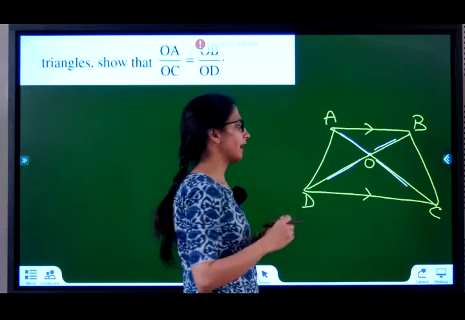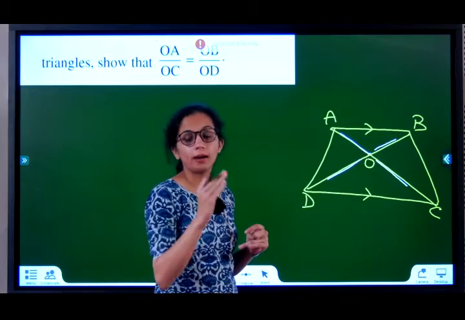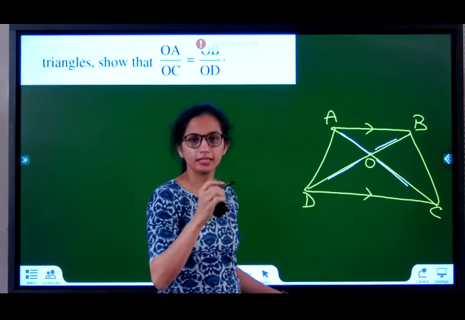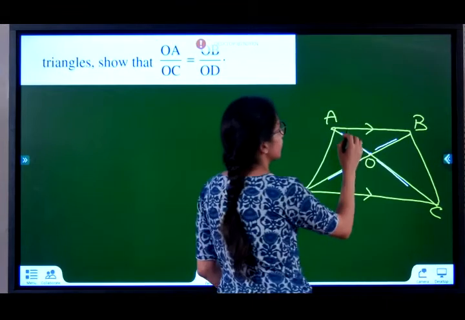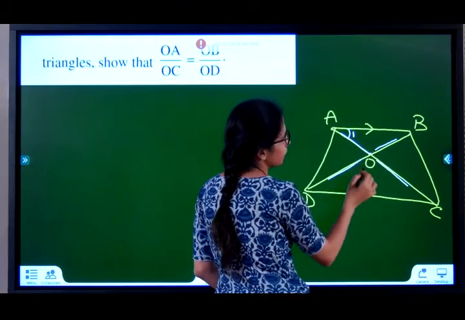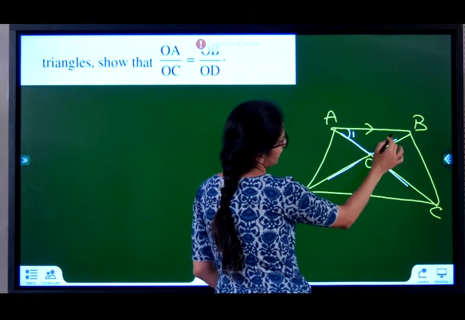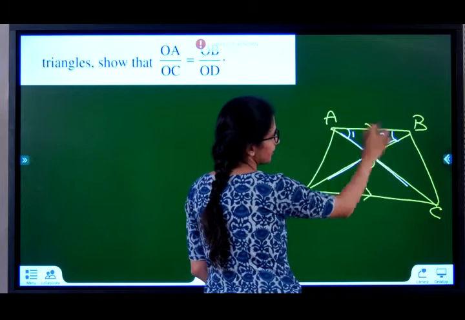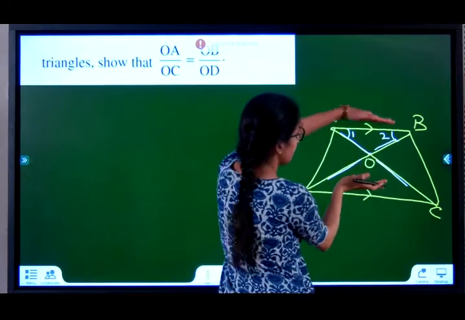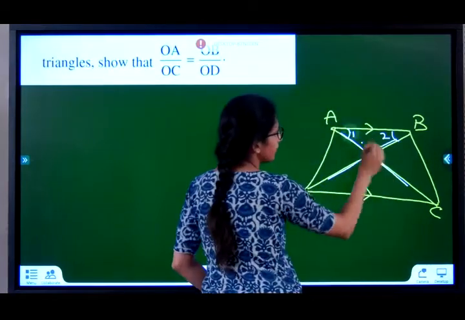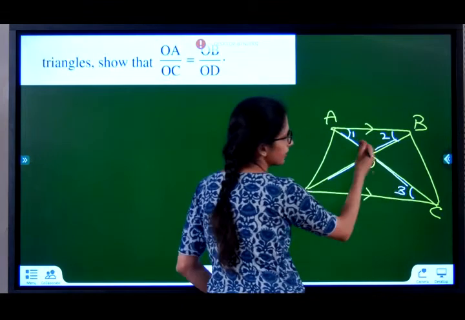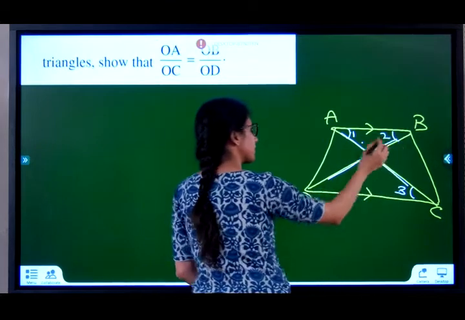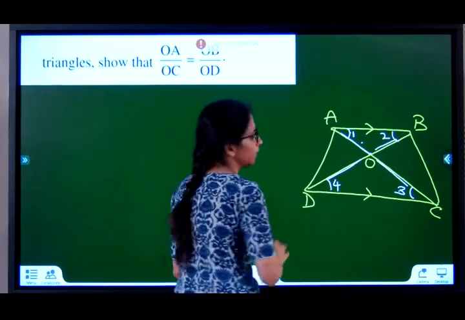So now I'll be numbering my angles in the question, so it becomes easier than naming A, B, C, D, E, F, right? So it will be easier for you as well. So I'll label this as angle 1, okay? This is angle 2. If this is angle 1, see, this is parallel to this. Parallel, parallel, transversal. Alternate interior angles. Angle 1 is equal to angle 3. Parallel, parallel, this is transversal. Angle 2 is equal to angle 4.